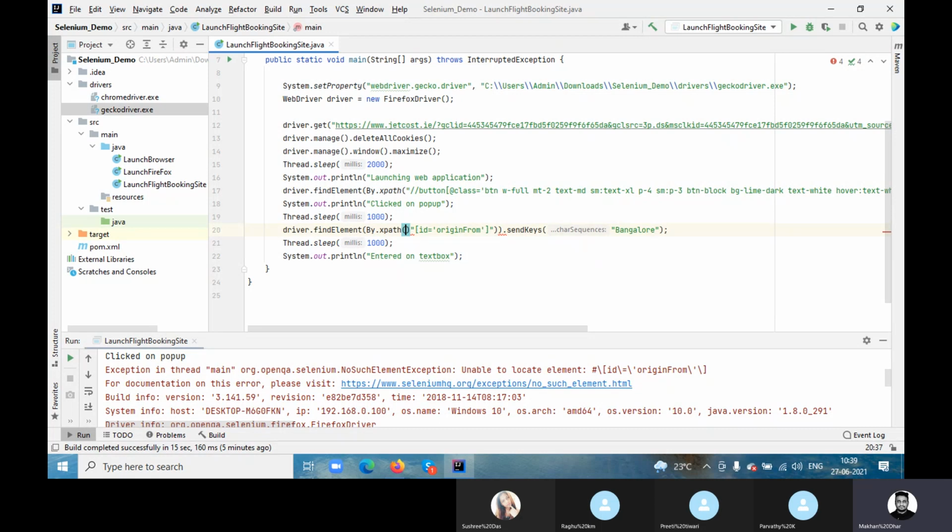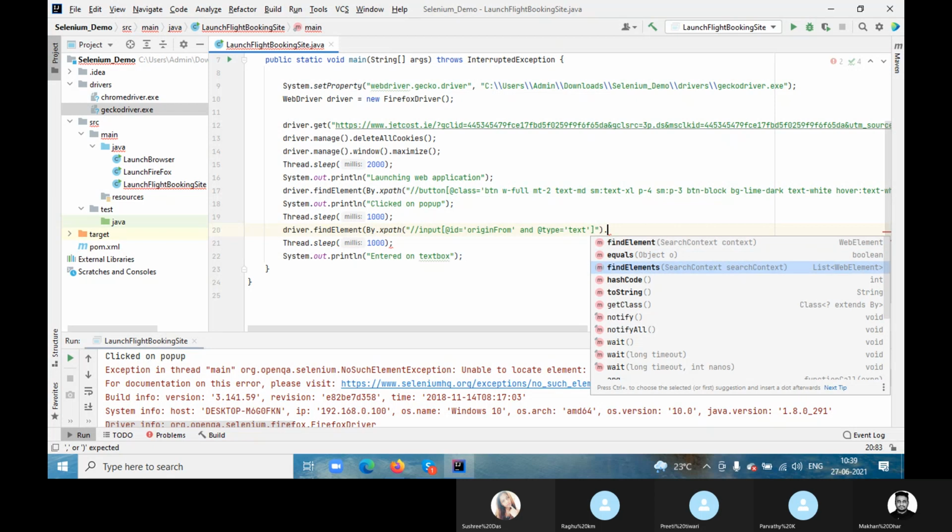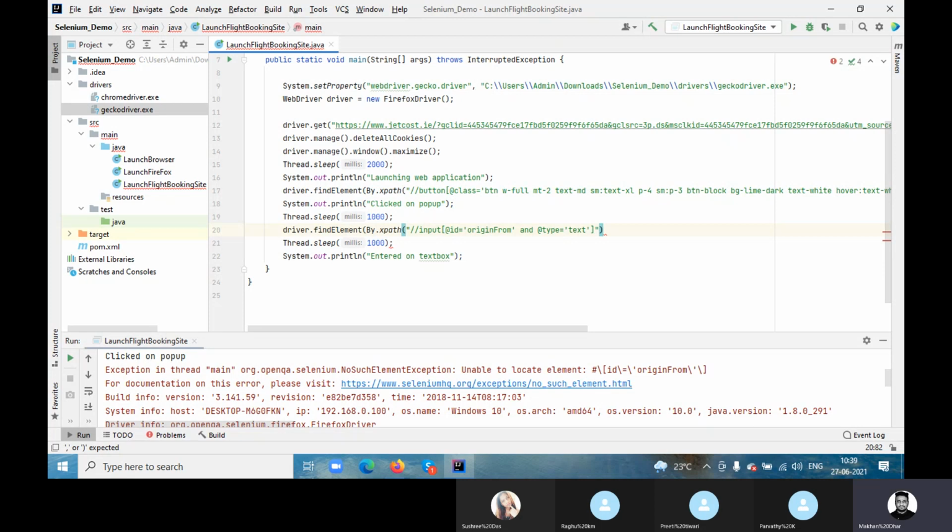The input, I'm just passing the value, just removing this.